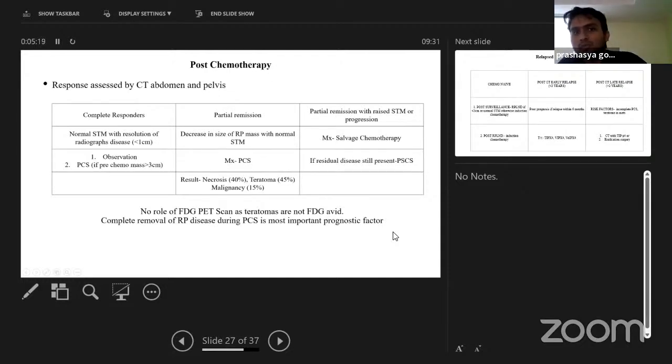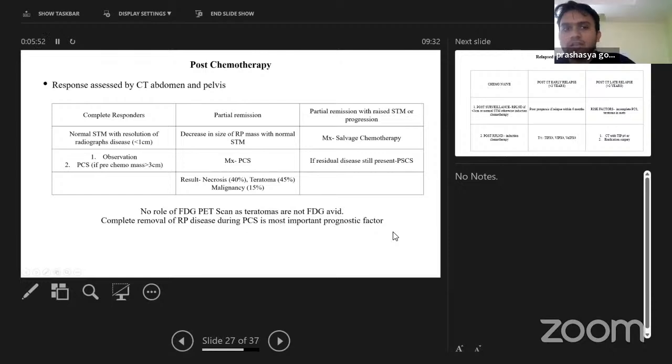Assessment of post-chemotherapy residual masses is done by a CT abdomen and pelvis. They can be classified into 3 categories. There are complete responders, which have resolution of the radiographic disease with normal serum tumor markers. They can either be observed, or they can undergo post-chemotherapy surgery if the pre-chemo mass was greater than 3 centimeters. The second category is partial remission, in which there is decrease in size of the retroperitoneal mass with normal